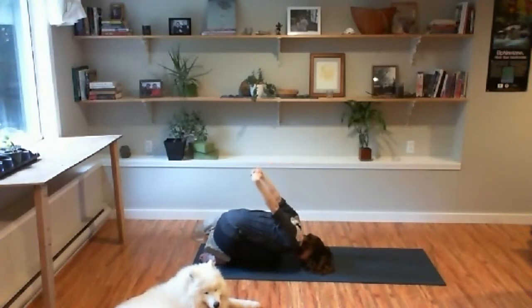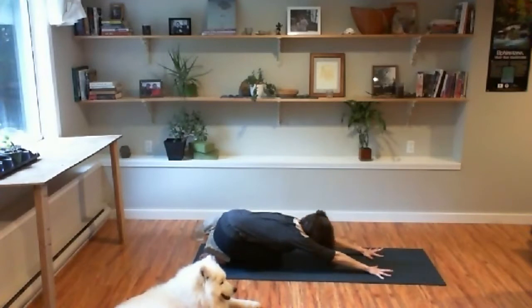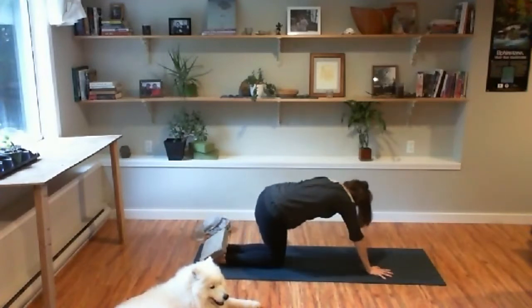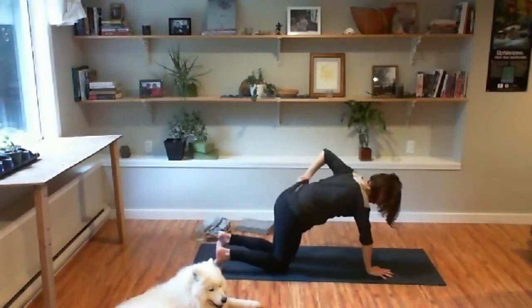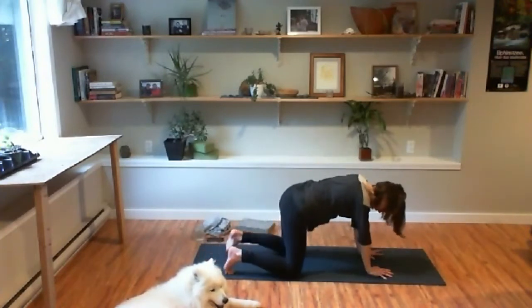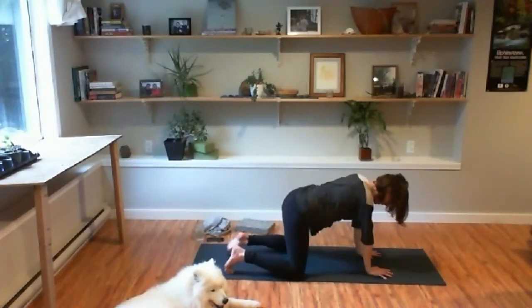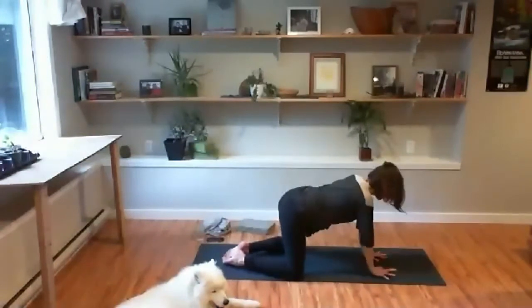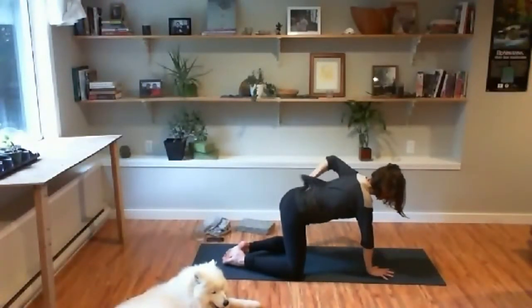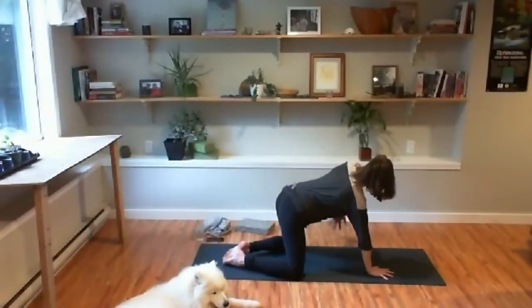And then exhale, let's all release our hands, stretching our palms forward in front of us. Take an inhale, coming to your hands and your knees, moving anything that was supporting you off to the side. Let's take our knees wider than our hips and bring our big toes to touch. You can align your wrists slightly ahead of your shoulders and then contract your abdominal muscles as you inhale, extend